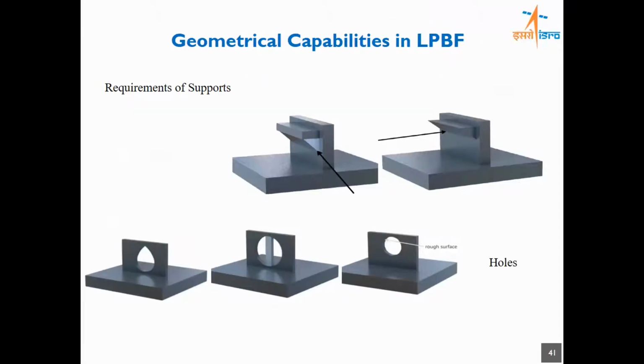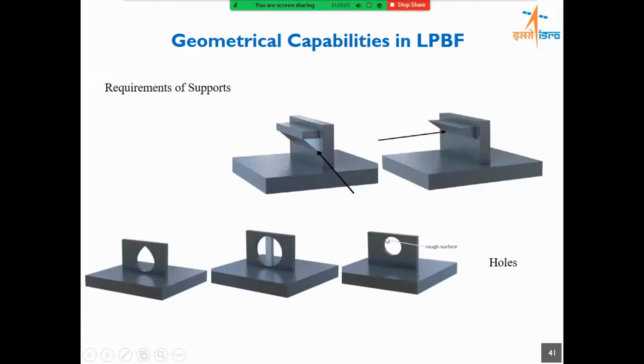So coming to the geometric capabilities, as I mentioned, it is essential to provide supports in the part wherever such features are there. Wherever overhang is there, unless support is provided in this form, this part, if you are trying to build through 3D printing, it can collapse. So sometimes instead of adding additional supports, the part can be modified or redesigned to get a feature like this so that it doesn't require additional supports. Or wherever there is a circular hole, it can be redesigned to this shape so that there is no support required. Or if you need to have only this perfectly circular hole, you need to provide some supports.